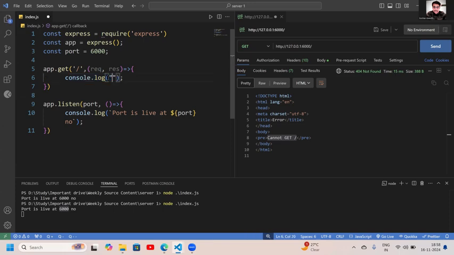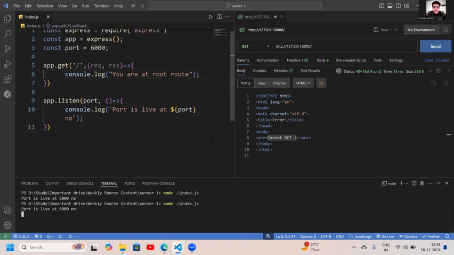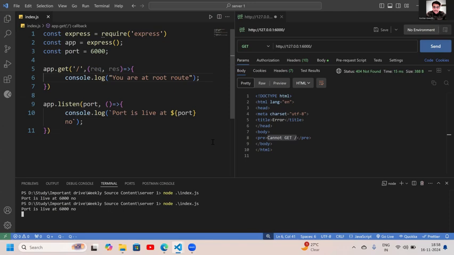लेट्स से कंसोल डॉट लॉग पे प्रिंट होगा यू आर एट रूट राउट, ठीक है। ईशो, क्या कह रहे हो तुम भाई? बोला था और भी मेथड्स होते हैं। क्या मेथड्स होते हैं? ऐप डॉट गेट के आगे जो तुमने लिखा है वो। हाँ, तो इसके कुछ और मेथड्स भी होते हैं इस तरीके के। लेकिन ये बेसिक जो सबसे डिफॉल्ट है, मतलब इतना तो मिनिमम है ही। बाकी मिडलवेयर्स बीच में लग सकते हैं, बहुत चीजें लग सकती हैं बीच में। वो जब आगे कंटिन्यू करेंगे तब देखेंगे। लेकिन मिनिमम इतना तो यूज करना है ही, ठीक है।